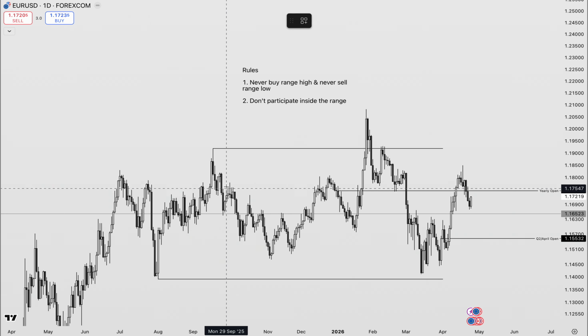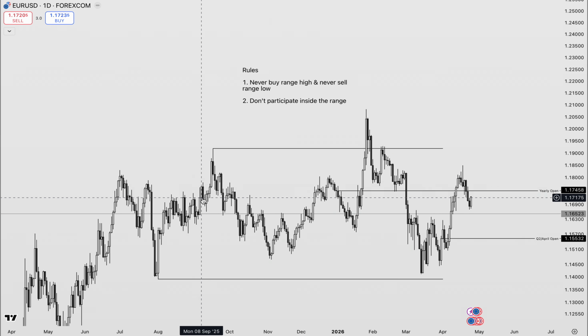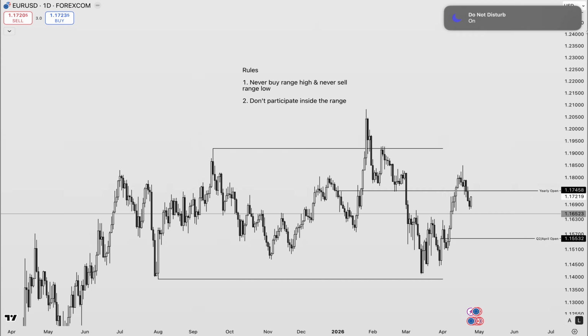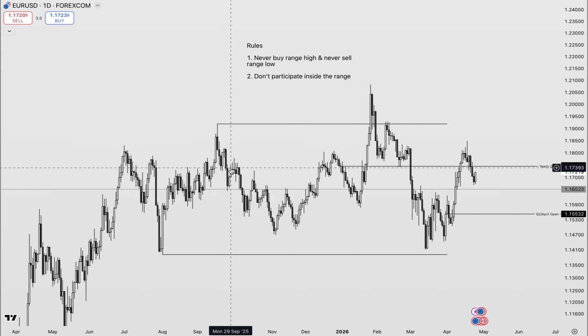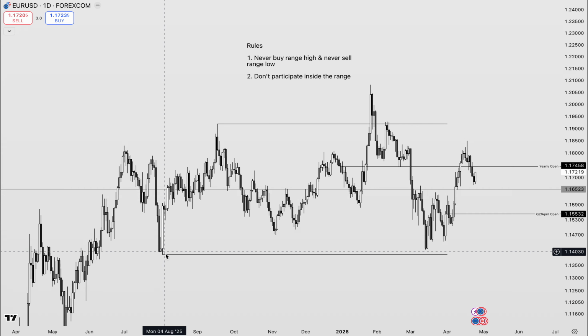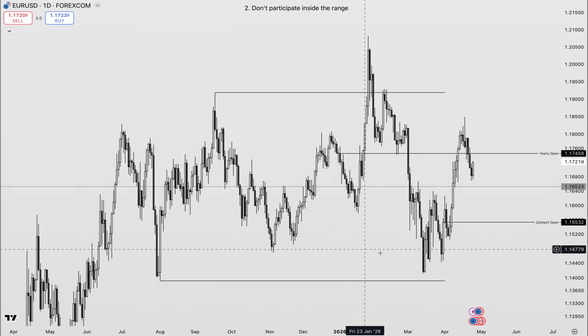And third, see, for me, there is obviously ranges are a price aspect. Ranges are a price aspect, okay? It's simple. A range high and a range low. It's visible through the lens of price, but it's not visible through the lens of time, okay? So for me, there are